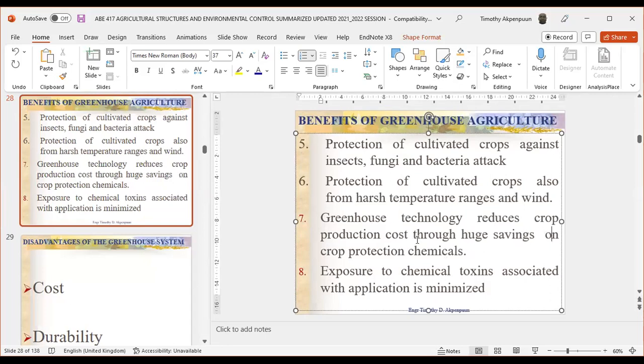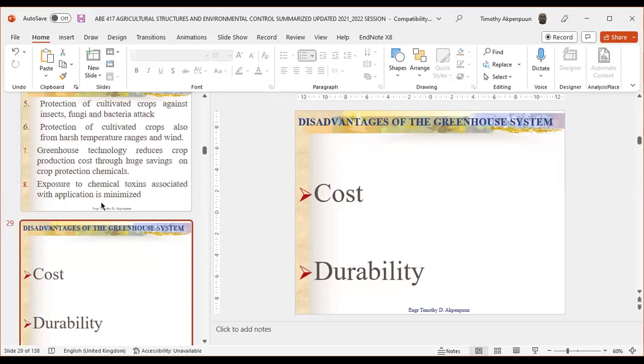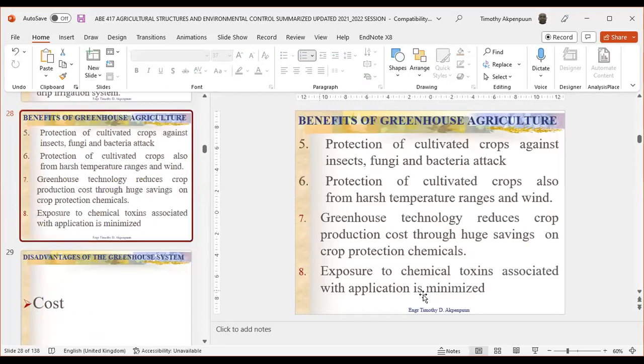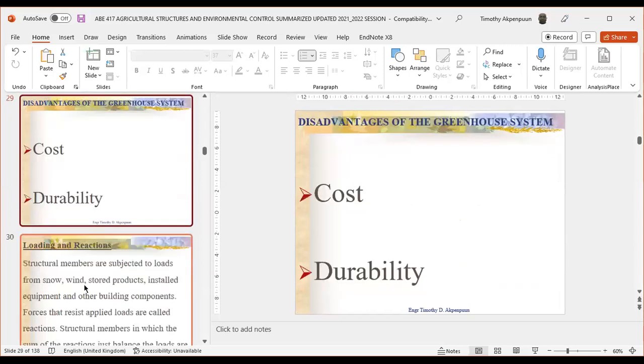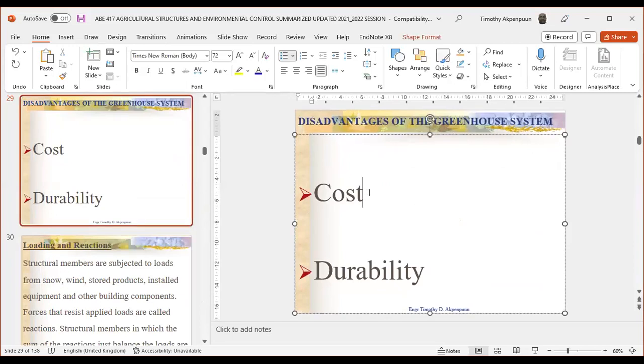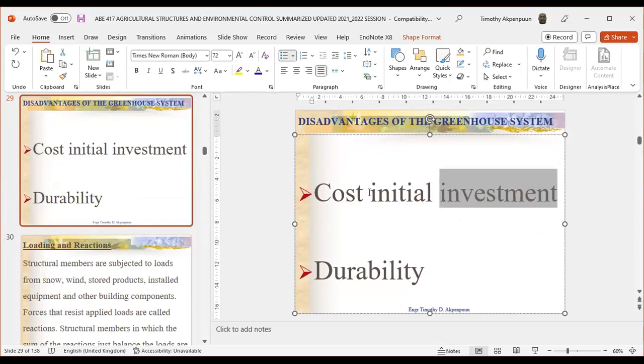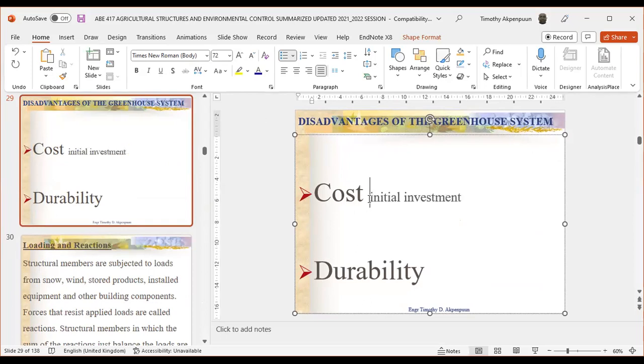All right, that's true. Exposure to chemicals is reduced. Okay, exposure to chemical toxins associated with application is minimized. Okay, then disadvantages, costs. That's the initial investment. Initial investment is huge, right? So many people cannot afford. And then durability. That takes you back to